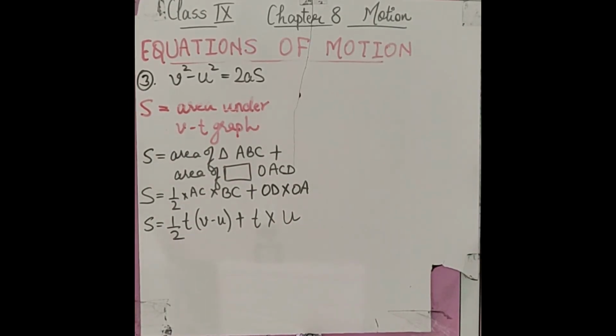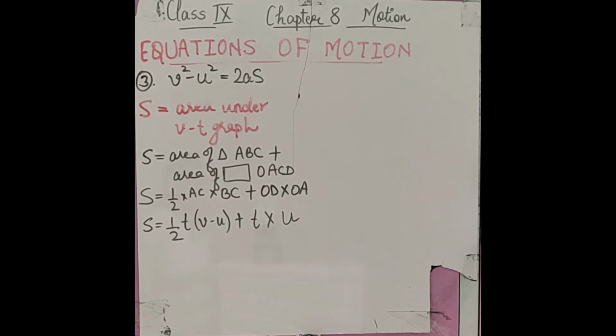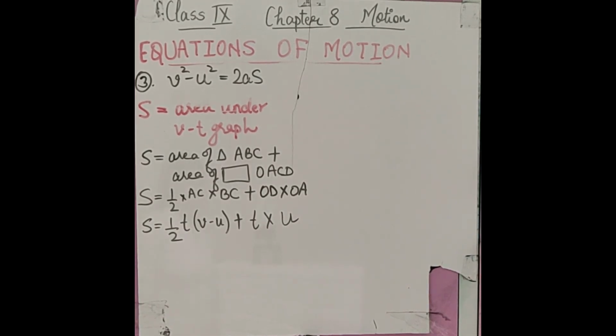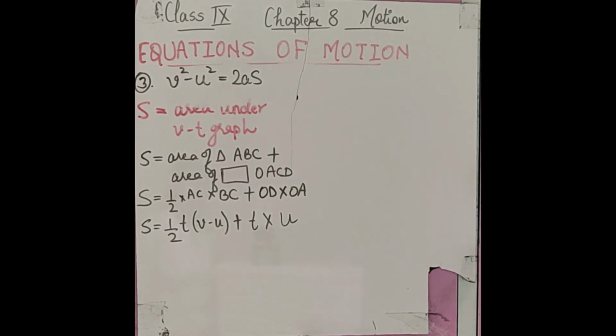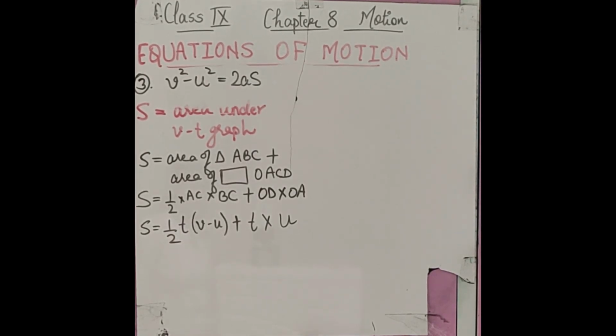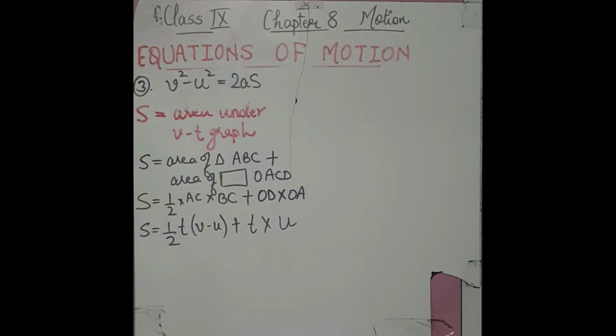Now the third equation of motion is the position velocity relation, which is V square minus U square equals to 2AS. Now, if we see this here also, we have displacement. That means we have to calculate the area under the velocity time graph. So we again use the same method, area of triangle ABC plus area of rectangle OACD, and we have substituted the respective values. Now, if we look carefully at this equation,